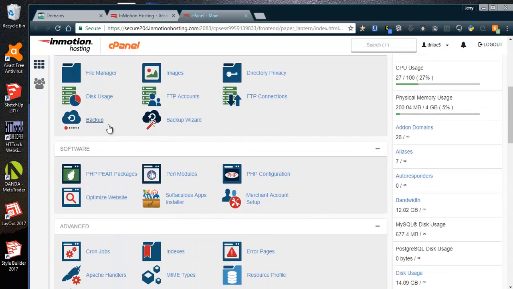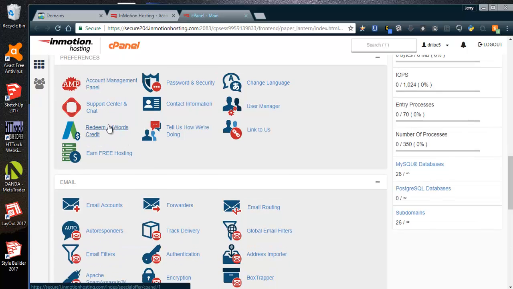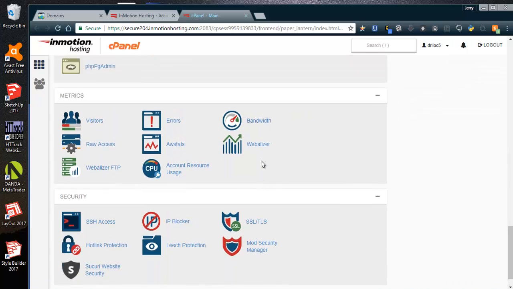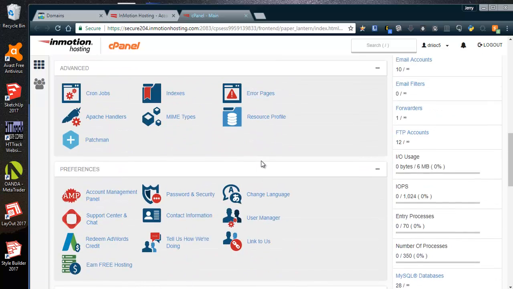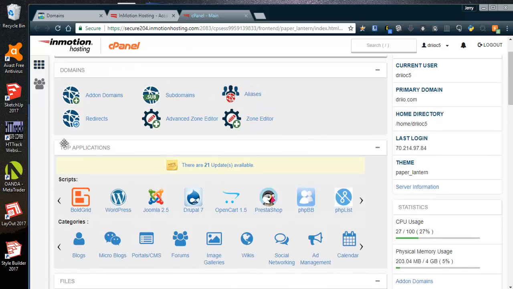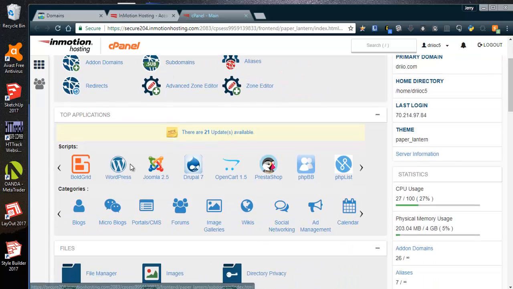Okay, now scroll down. Now we want to install WordPress. In this case, this website is going to be using WordPress, which is easy to use and easy to learn. So you go to top applications, you go to scripts, and I have WordPress right here. So remember, I'm in the control panel of your hosting account. Okay. Alright, so I'm going to go WordPress